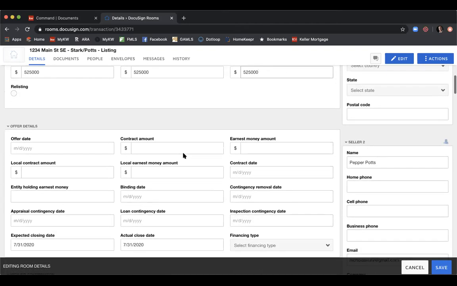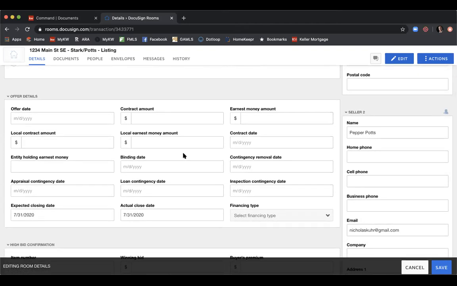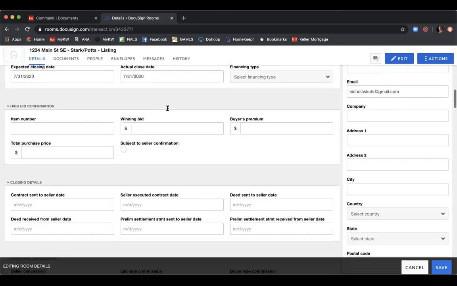All right, so offer details. Let's say we just got an offer and we're about to go under contract. Actually, we'll just leave this blank for now, because then we can fill in a lot of the information later on when we get into the purchase and sale agreement and whatnot. So we'll just leave offer details blank, high bid confirmation,